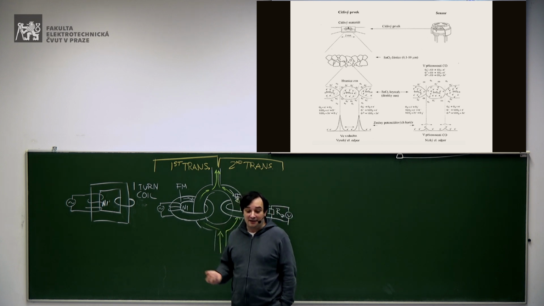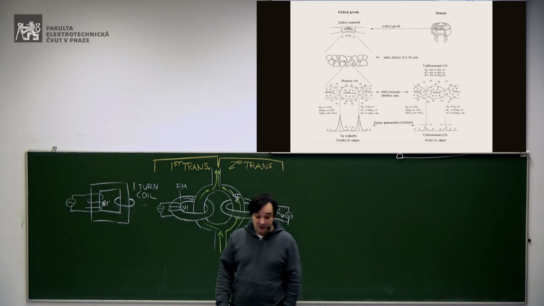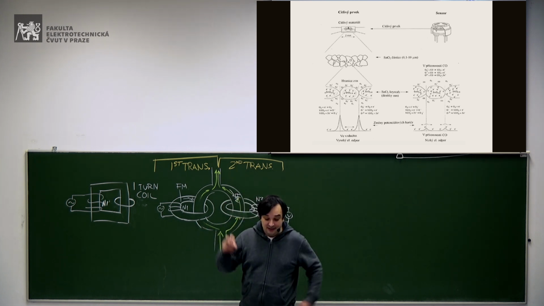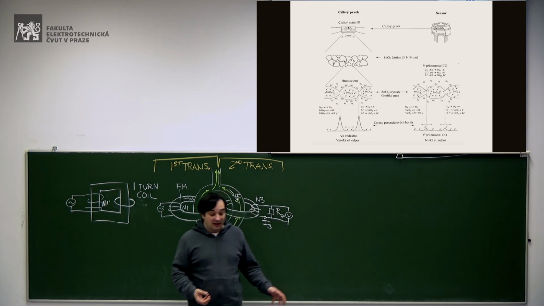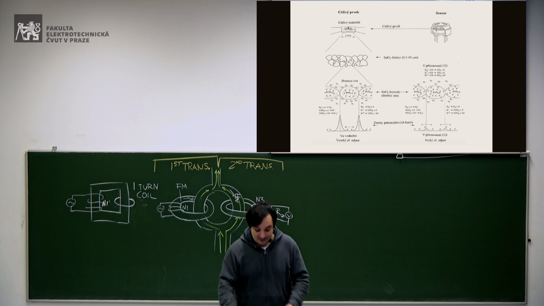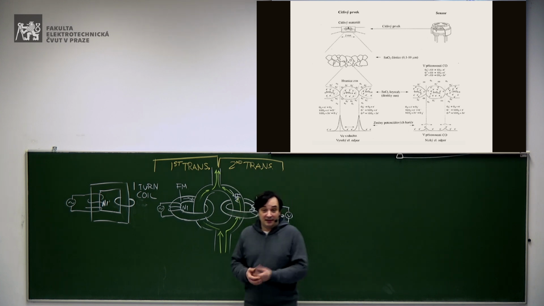So when these gases arrive, for instance, here you have the presence of carbon monoxide. The carbon monoxide reacts with oxygen, so it takes away the oxygen. So the oxygen does not stay there at the tin oxide, and the electrons can be distributed around all the volume of the grain, so the potential barrier gets lower and the current can flow more easily, and therefore the resistance is lower.